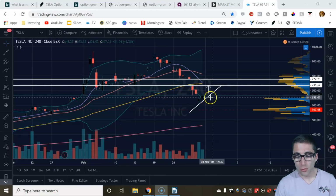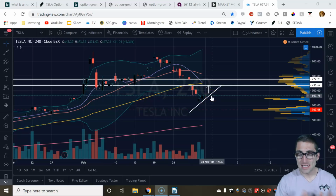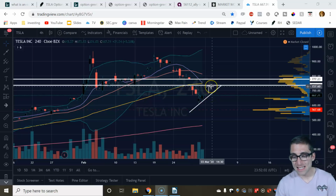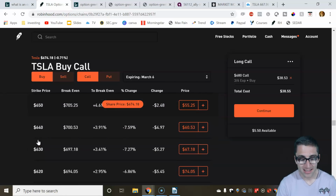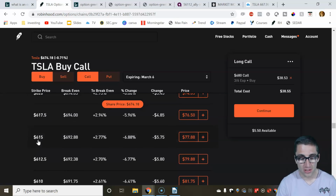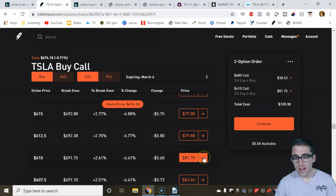So again, from where we are now, that's going to be 660 all the way to about 640. So 70-point move in Tesla. I'm going to show you really easily how much you can make just by looking at the option chain. This is one way you can kind of guesstimate how much you can make. So I just go down 70 points on the option chain. So we're going to go 680 all the way to 610. And we're going to see how much those options are worth. So these 610 options are worth